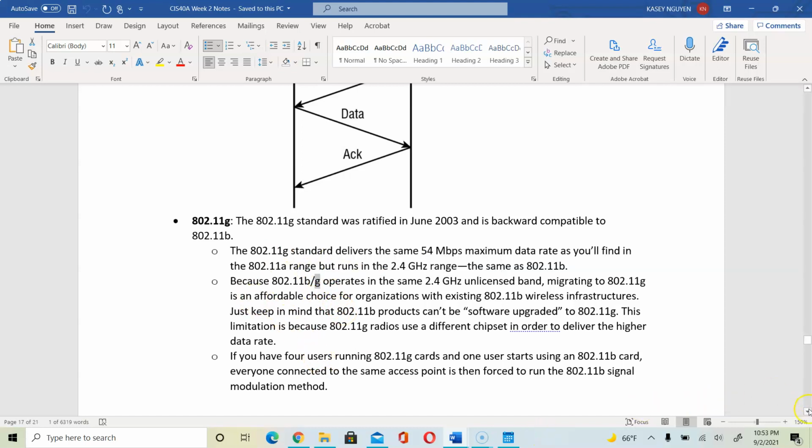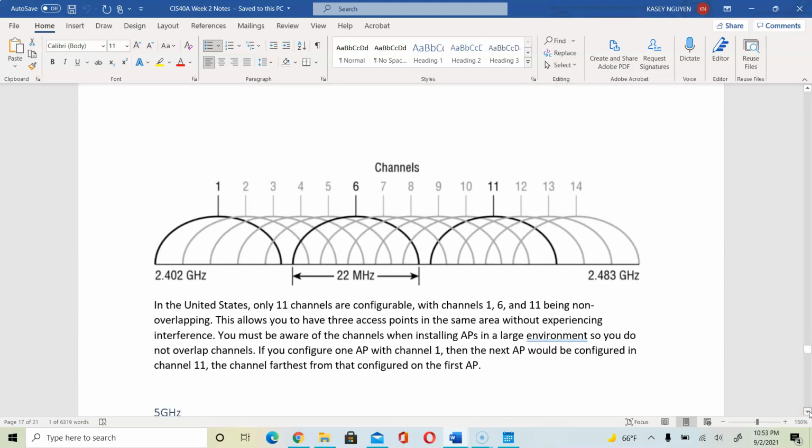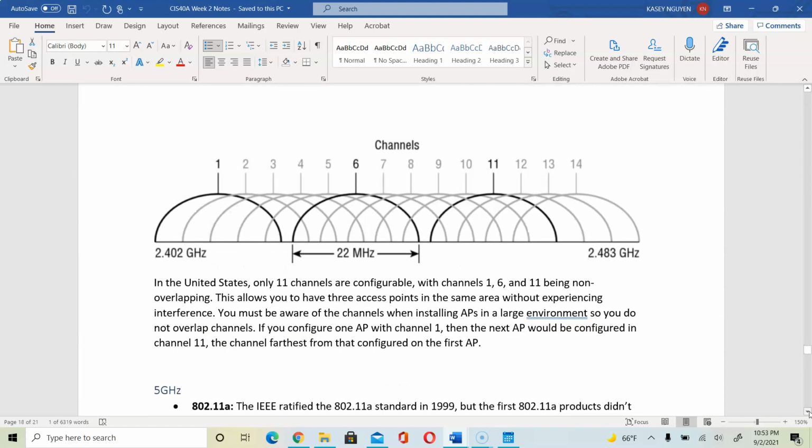Okay. So it provides you with information on the cards and how that would be. And in the United States, there are 11 channels configured under the 2.4 gigahertz frequency. Channel 1, Channel 6, and Channel 11 are non-overlapping, which allows you to have 3 access points in the same area without experiencing interference. So 1, 6, and 11 would be